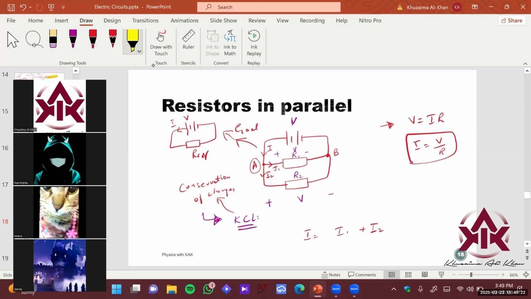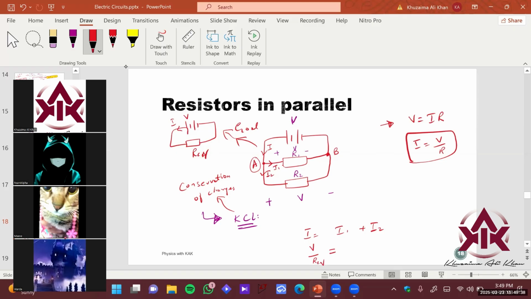If you basically see this circuit, if I want to find the total current, so that is simply going to be using my R equivalent value here, right? For total current, I need my R equivalent value here. Therefore, total current is going to be V divided by R equivalent. It's going to give me the total current flowing through the circuit is equals to,